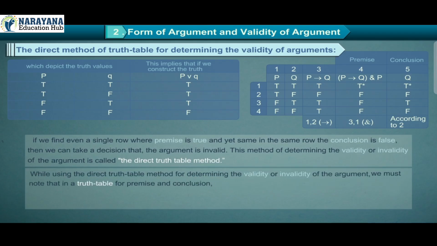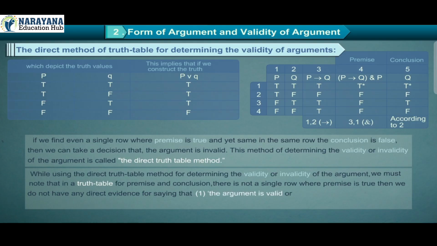While using the direct truth table method for determining the validity or invalidity of the argument, we must note that in a truth table for premise and conclusion, there may not be a single row where the premise is true. Then we do not have any direct evidence for saying that 1. the argument is valid or 2. the argument is invalid. In such cases, we have clear reasons for saying that the argument is not invalid